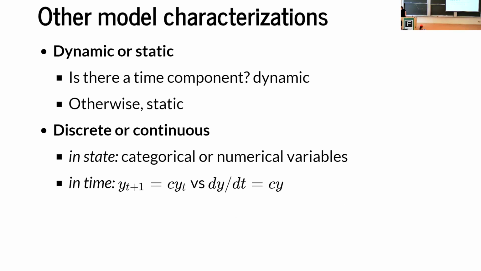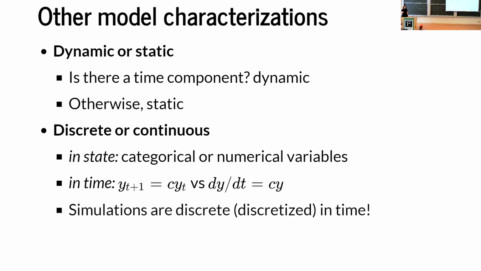And what I'll just quickly point out is that simulations that we put into our computer, even if you have a continuous model in hand, when you encode it into the computer, because of how computers work, they discretize numbers, even though they live on a continuum. So all the simulations that you'll be producing will be discrete in time. And we will use those as approximations for the behavior of the continuous system. That's important when you run into issues with numbers.